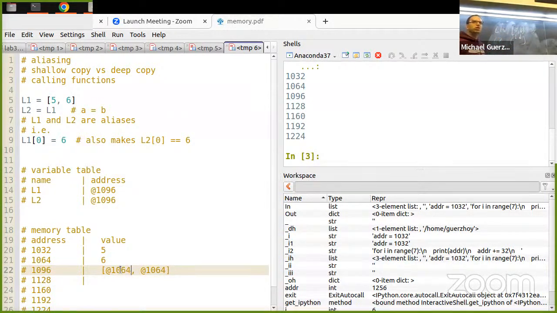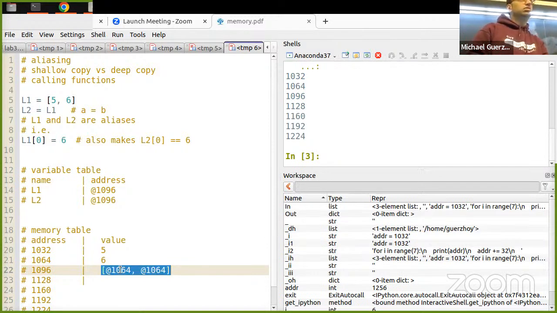So if I change this 5, well, L2 is also this list. I never created a copy of this list. On the screen, the only list that I have is this guy. So I change this list, and everything changes.